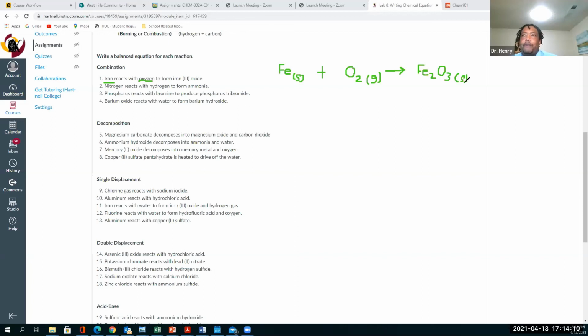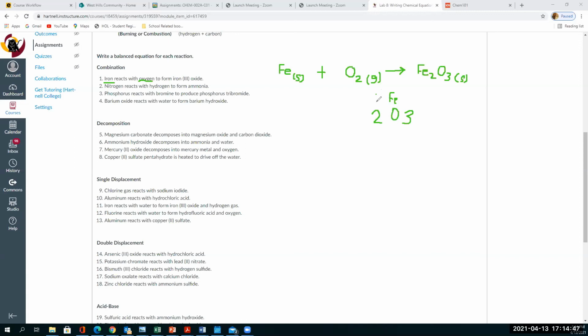Okay, so we have to balance it. That would be our next part. So how will we balance it? You know that oxygen is a -2 charge, and you have 2 of them. Sorry, I'm thinking about balancing the chemical equation. Okay, so how many do you have? You have 1 iron on the left. On your reactant side, you have 2 oxygen. On your product side, you have 3. Oh, we're balancing them. Oh, I got you. That's why I was thrown off at first.